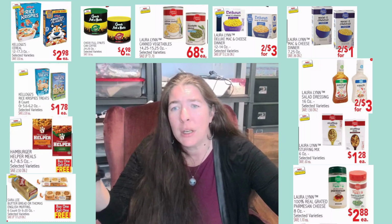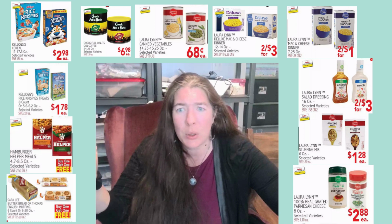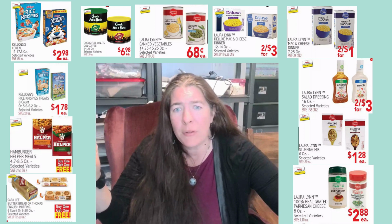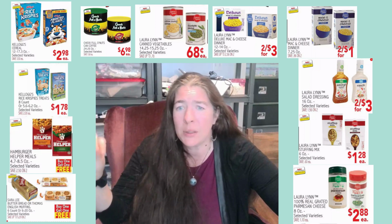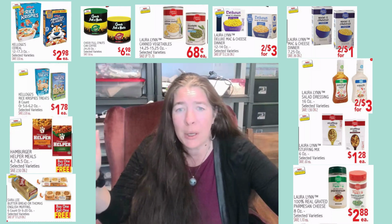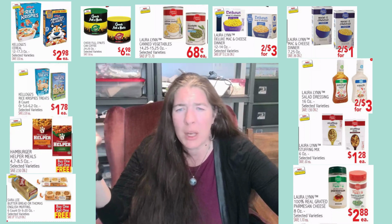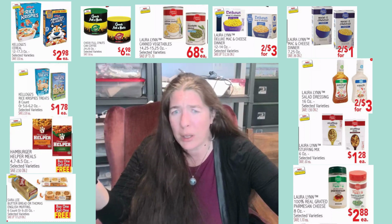Another option is the hamburger helper meals, and this does include the chicken helper and the tuna helper. These are buy one get one free. They're normally $2.50 a piece, so they're $1.25. Hamburger helper is not my favorite, but you know what? When, like we mentioned before, if you forgot to defrost something or you just need a really quick dinner,